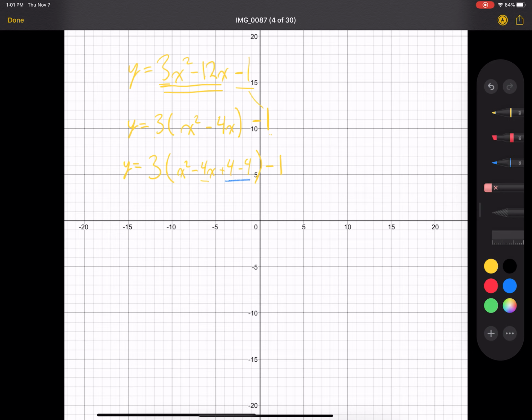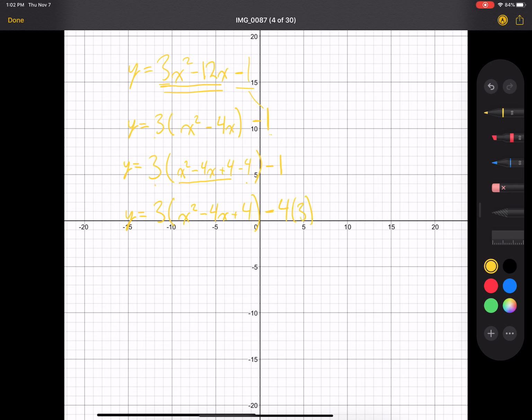Well, it turns out that we don't want this entire thing. We don't want all of it. We want just part of it. What becomes important is this. But how do I remove this minus 4 out of the bracket? I can't just remove it out of the bracket. So how do I remove it out of the bracket? Well, y equals, it's being multiplied by 3. To get it out of the bracket, x squared minus 4x plus 4, I can't just write minus 4, because to get it out of the bracket, I need to multiply it by 3. So 4 times 3, or minus 4 times 3,